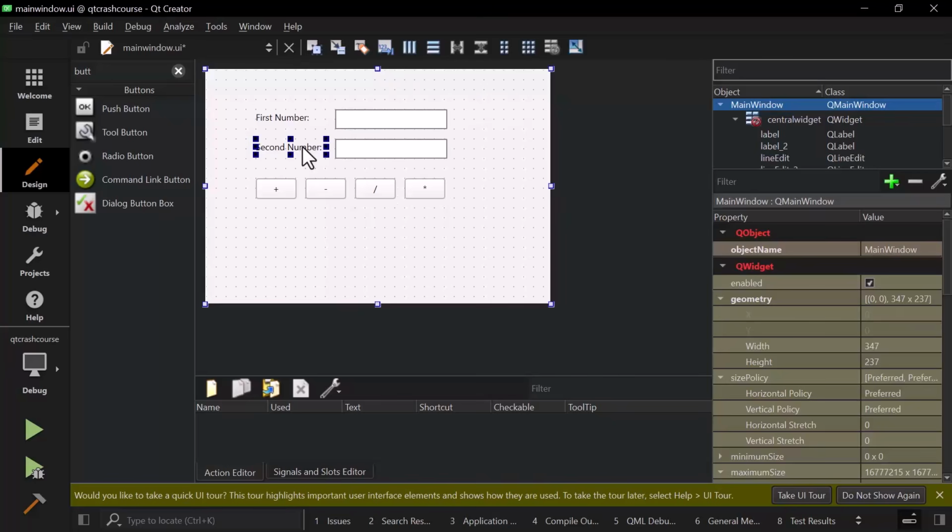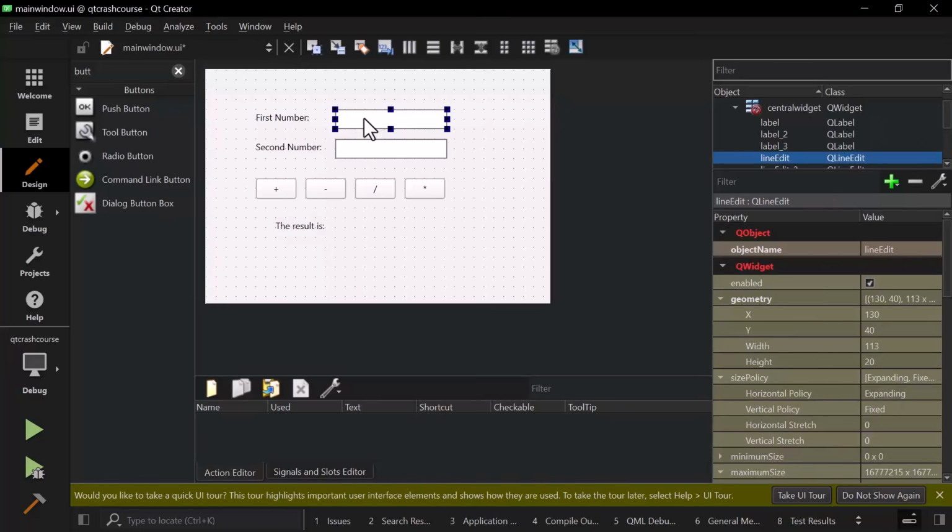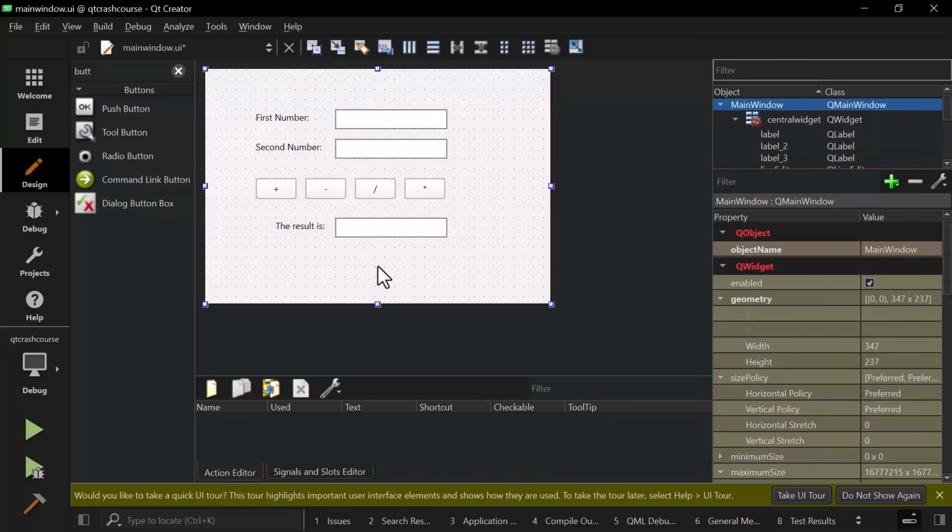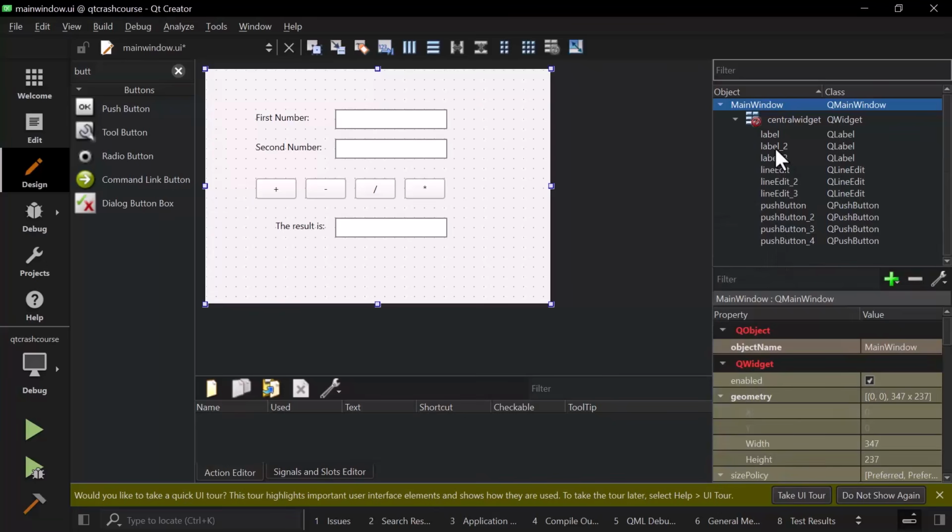And then finally we can add another label for the result. So I will say the result is, and then we can have another text box for displaying the result. Okay, so now we need to give these text boxes and buttons names. So let's go to the object inspector for that, and then you can double click on these names to edit their names. So I will click on this one and I will say txt first num. Okay, and then for this one I will type txt second num, and for this one I will say txt